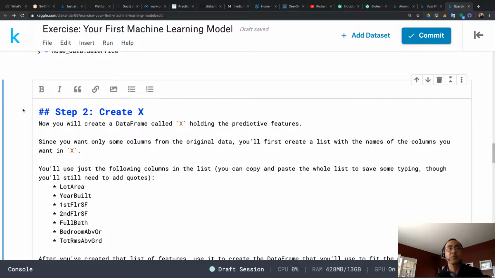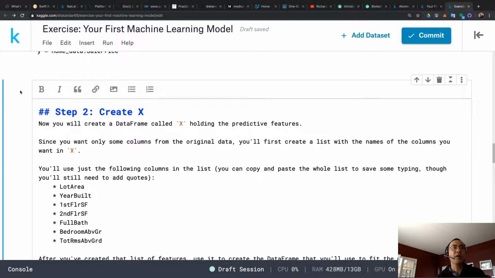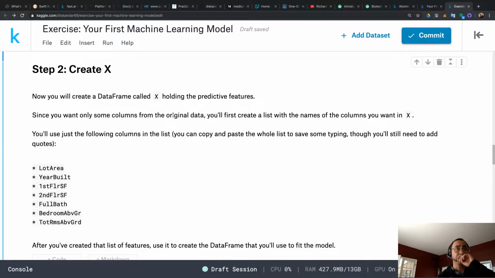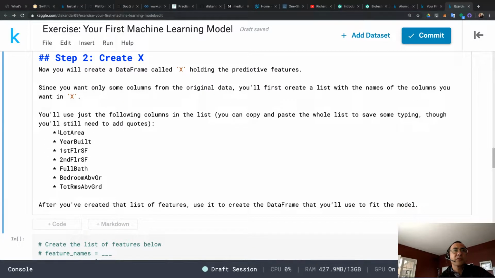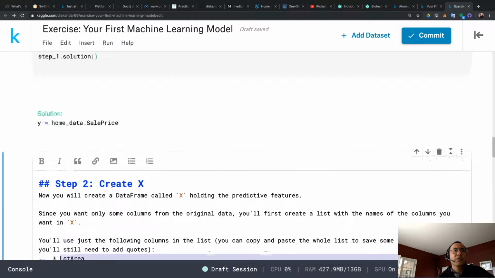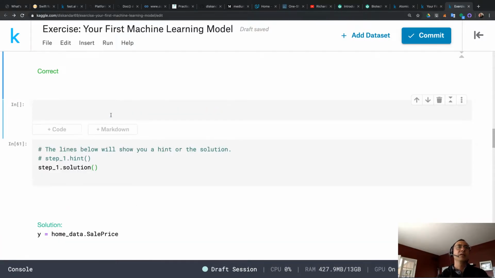The X is the input, right? So in step 1, we already created the Y with the output, the home sale price. Now we want to create the X. So we're gonna create a data frame called X holding the predictive features. In this case, we are going to choose just 7 features from, I think, the available 40 something. If you can look here, let's say home data